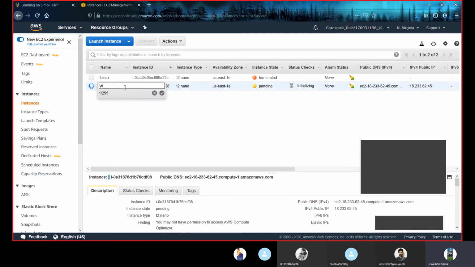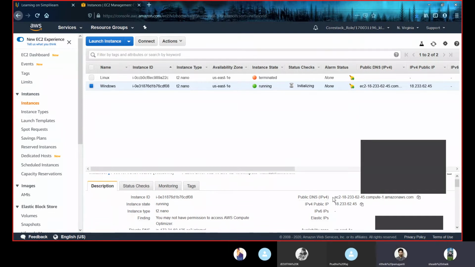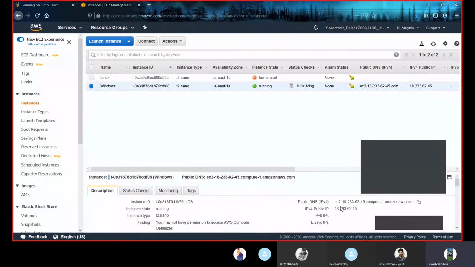I'm going to name it Windows. So yeah, now our instance is running. Everyone, are your instances running? Yeah. So we can see here, this is the DNS name of the instance and this is the IP address.